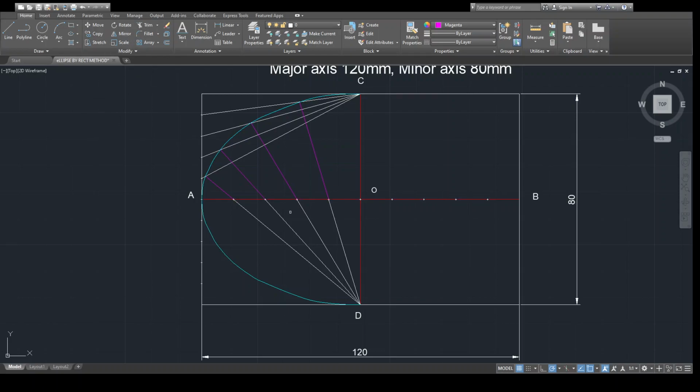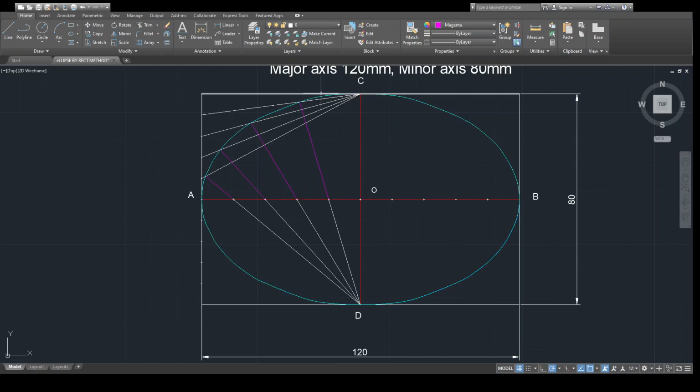Similarly, I will mirror this portion. This is my center, this is my second point. Then similarly, this is my object, first point of mirror, and this is my second point of mirror. Yes.